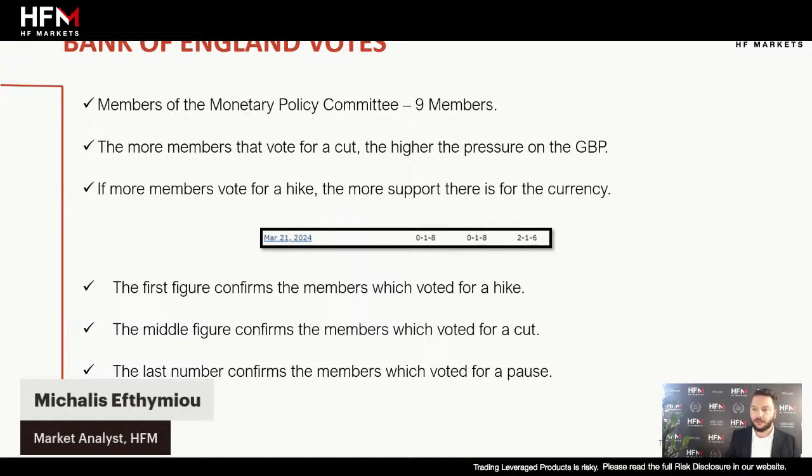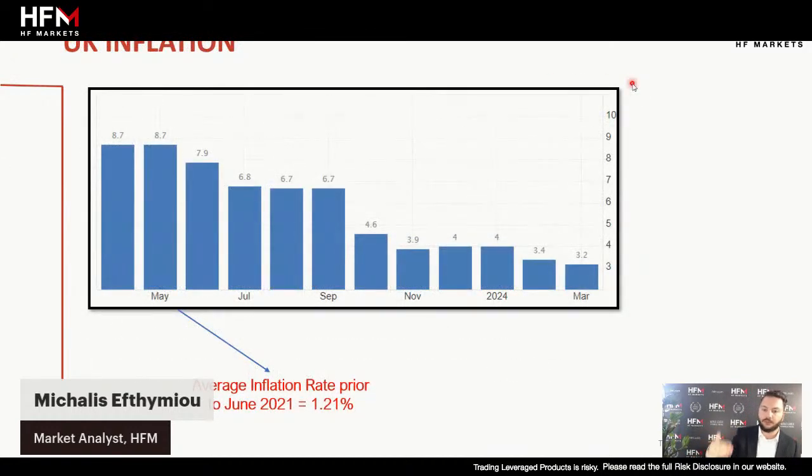Now, you may say to yourself, why do we believe that the Bank of England is going to show signs, indications, or votes that they're going to decrease interest rates? And there's a couple of things we need to take into consideration. What I will say in terms of the votes, ladies and gentlemen, is that I'll try and get through this as quickly as possible so we're not late for the announcement.